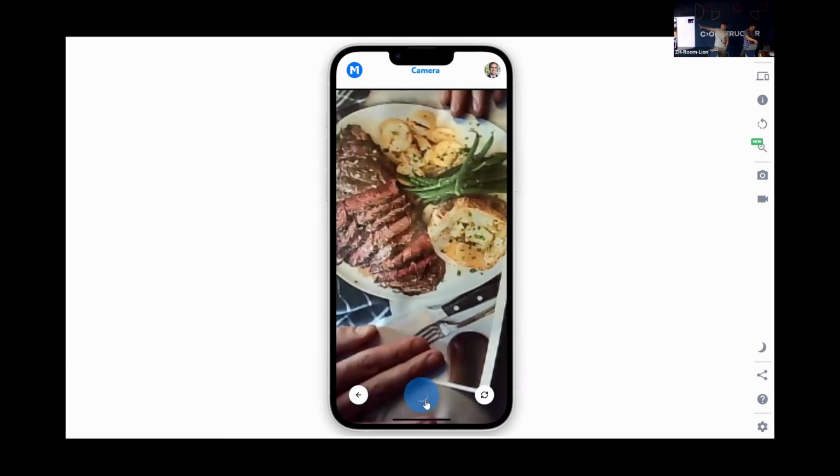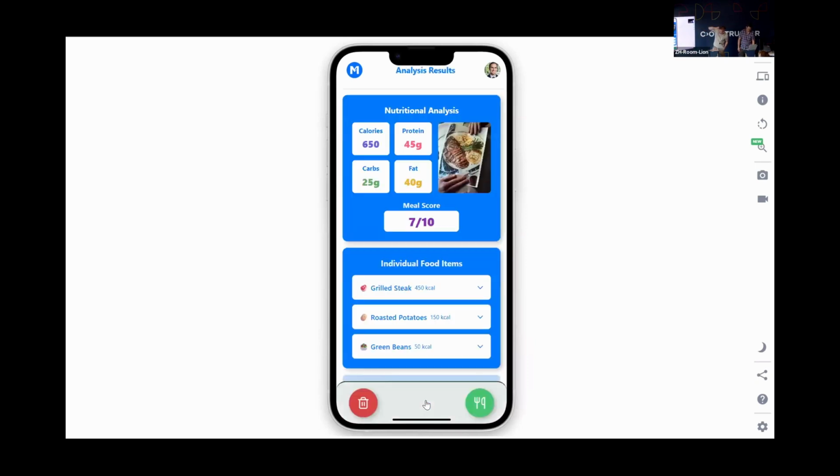Okay, and then it's also going to take that goal he has about the keto diet and take things into consideration. How well does it fit? Again, it calculates everything: green beans, potato, some grilled zucchini. Okay, and then it comes back. Here it actually comes with a 7 out of 10.